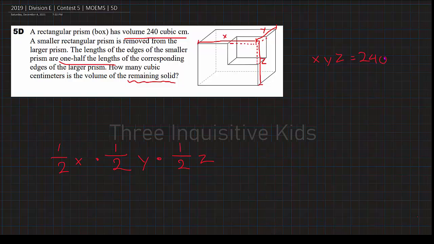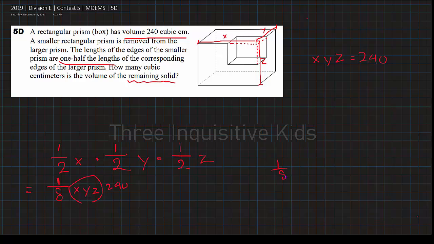We know that from the problem. So we can simplify this: the coefficients multiply, so 1/8 x, y, z. But we do know that x, y, z is 240, right? So really what we're doing is